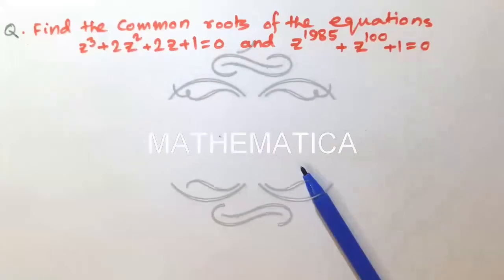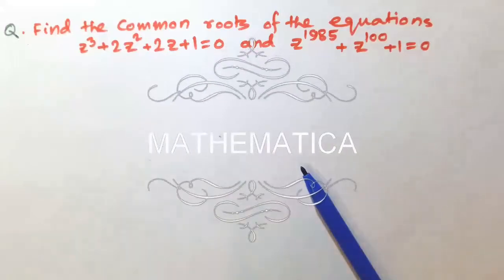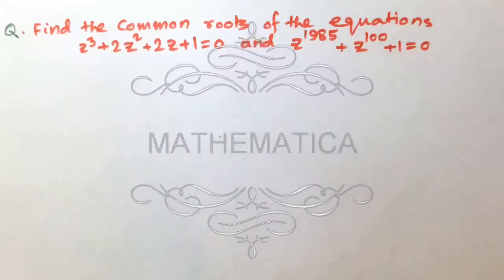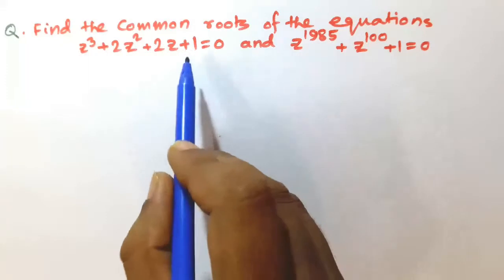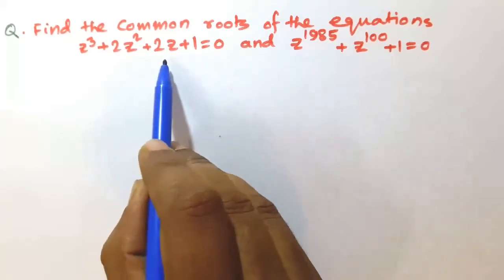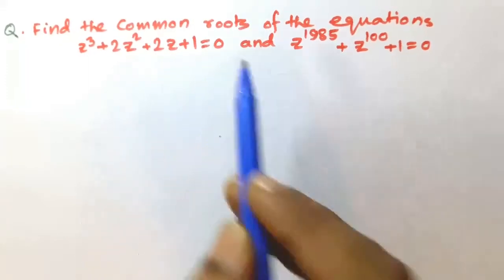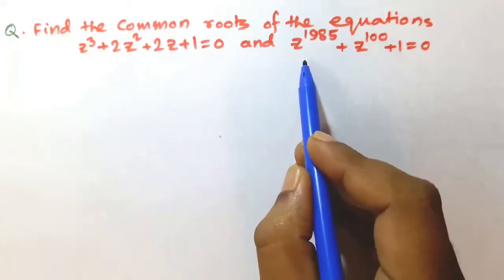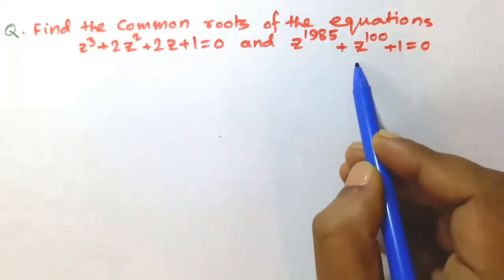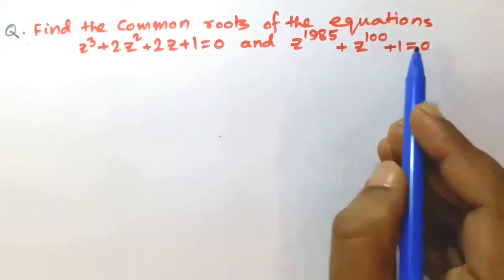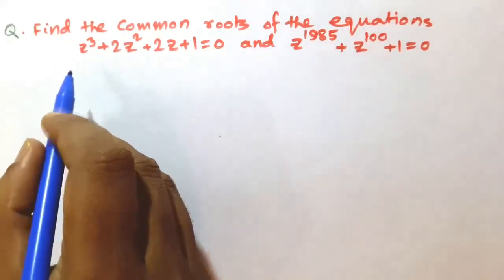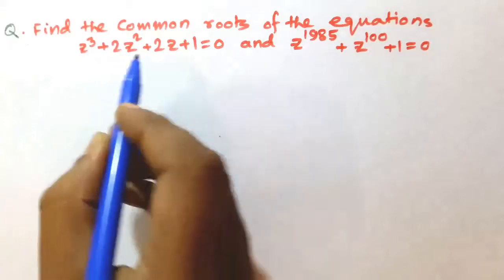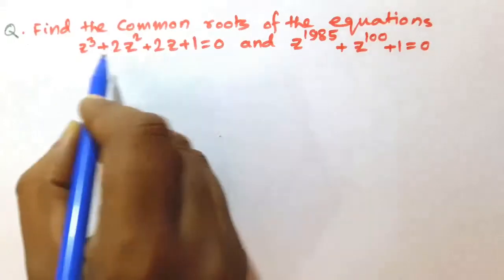This is a problem related to complex cube root of unity. The problem is: find the common roots of the equations z cube plus 2z square plus 2z plus 1 is equal to 0 and z to the power 1985 plus z to the power 100 plus 1 is equal to 0. We start with the first one, z cube plus 2z square plus 2z plus 1 is equal to 0,